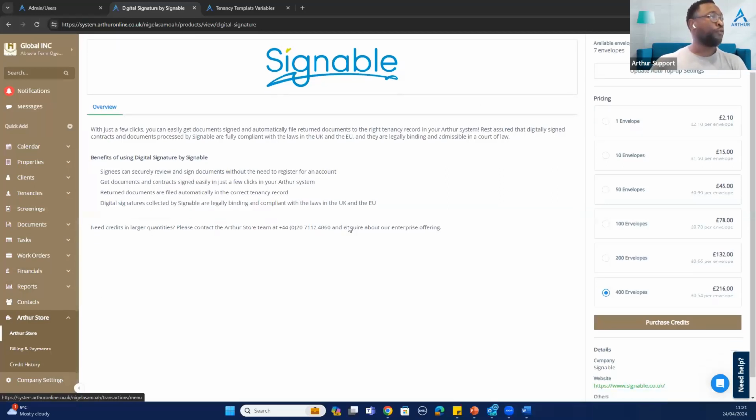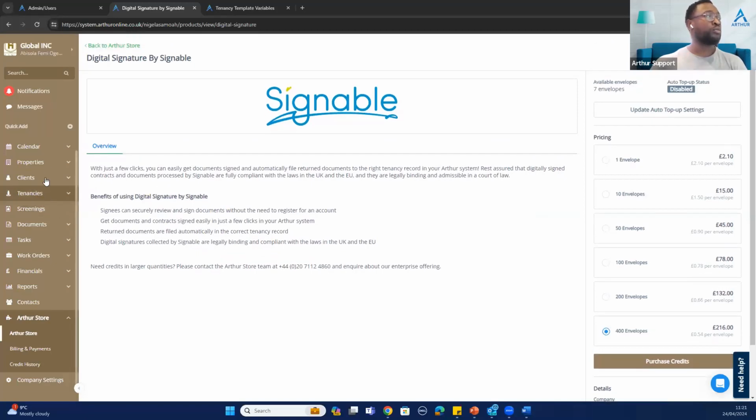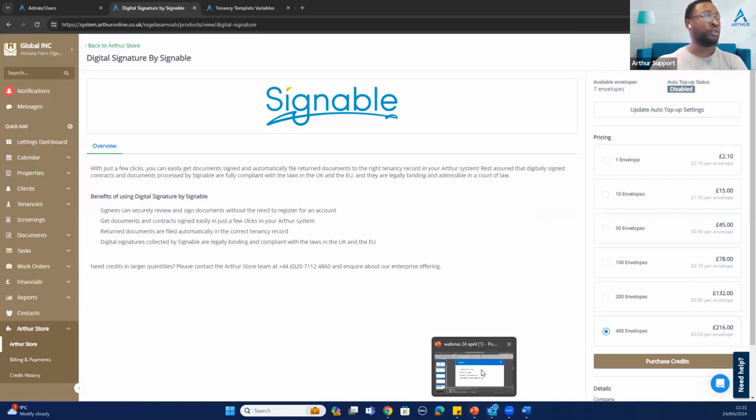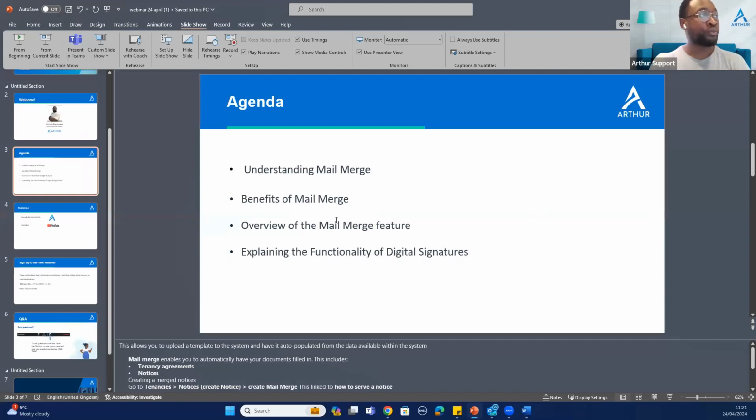So we've gone through an understanding of mail merge, the benefits of mail merge, the overview of the mail merge feature and how you can then process your agreements or documents in Offer. And I've explained a bit of functionality about the digital signature, so we know how to purchase our envelopes. One envelope goes out with one agreement that's been signed. So next, what I want to touch up on is,